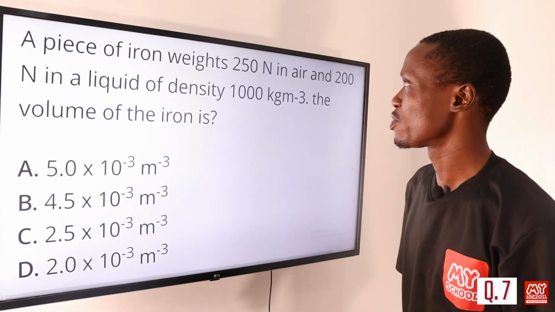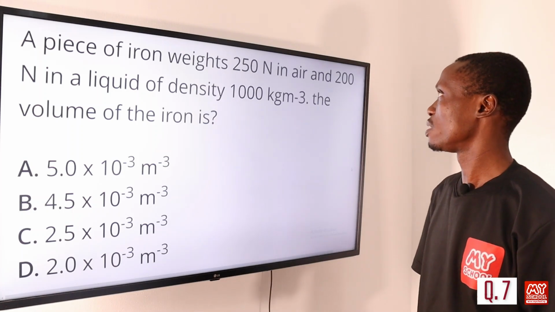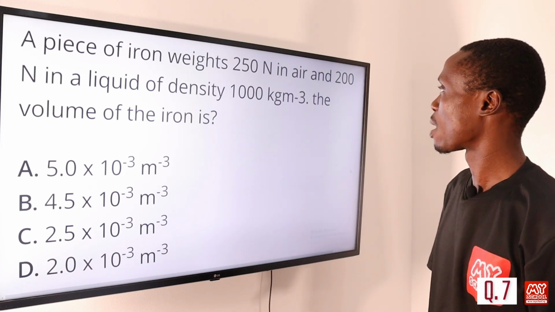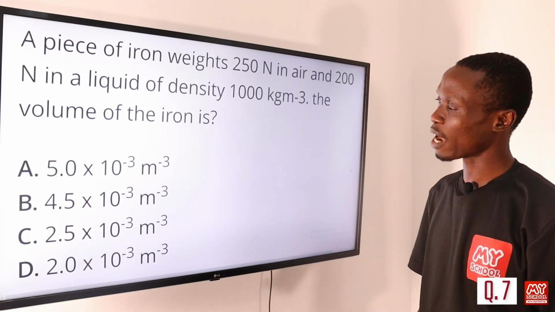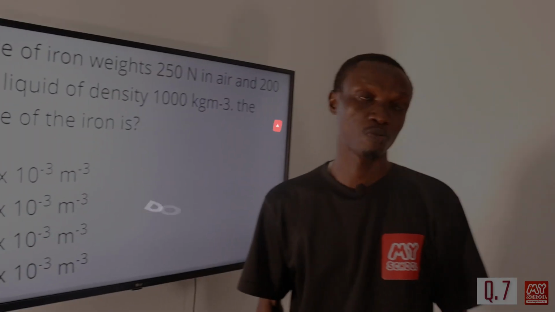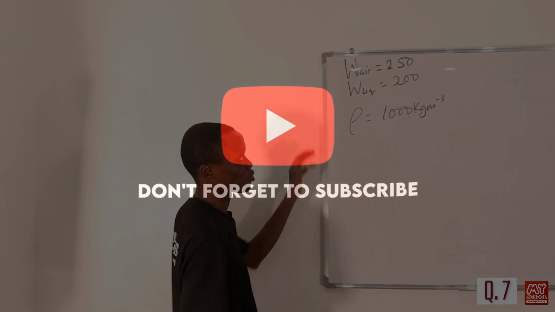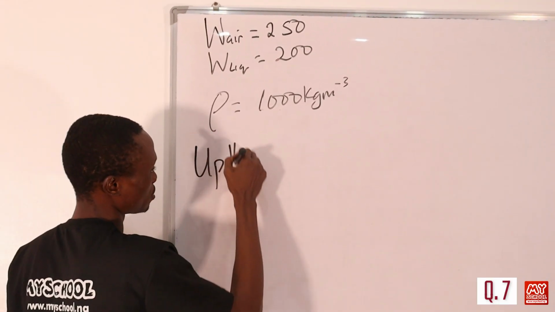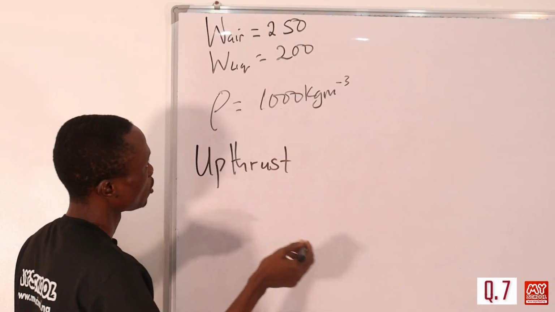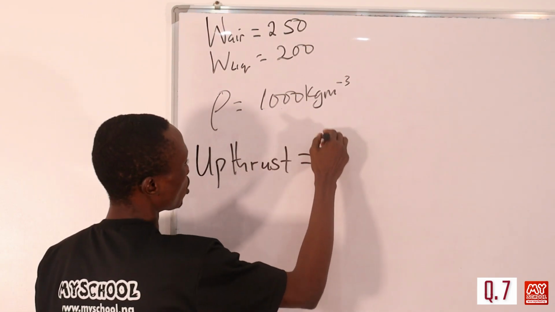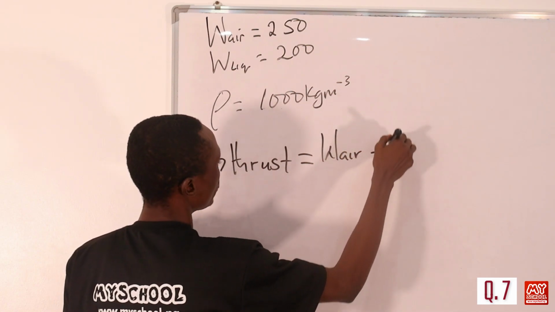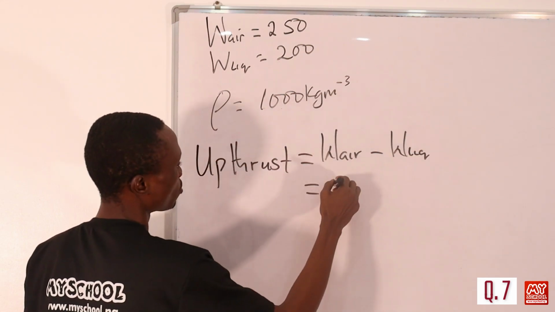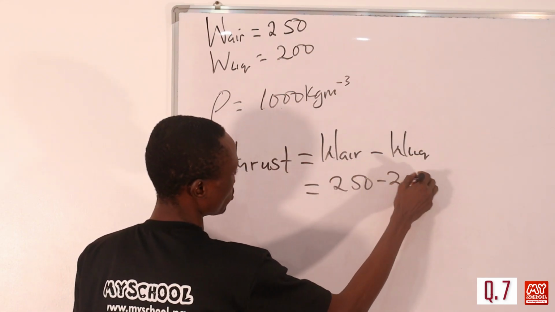Question 7. A piece of iron weighs 250 Newton in air and 200 Newton in a liquid of density 1000 kilogram per meter cube. The volume of the iron is, so let's move over to the board to provide answer to this question. So first of all, for this question, we are to calculate the upthrust. Another word for upthrust is buoyant force. Okay, so upthrust in this case will be equal to weight of the iron in air minus the weight of the iron in liquid. So we'll be having 250 minus 200,